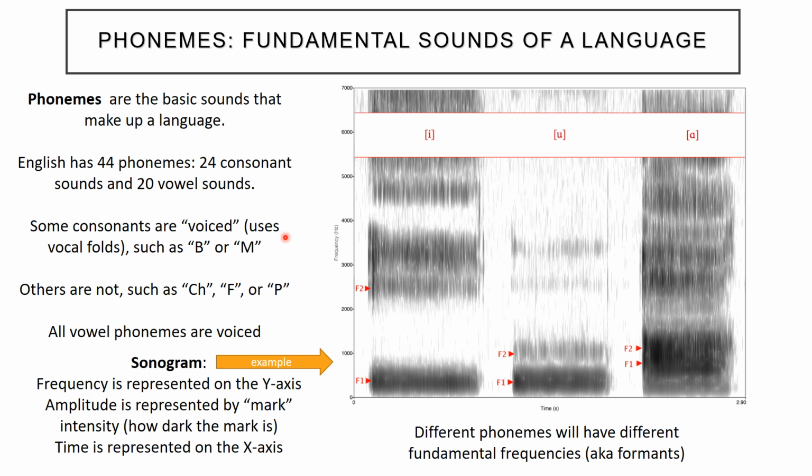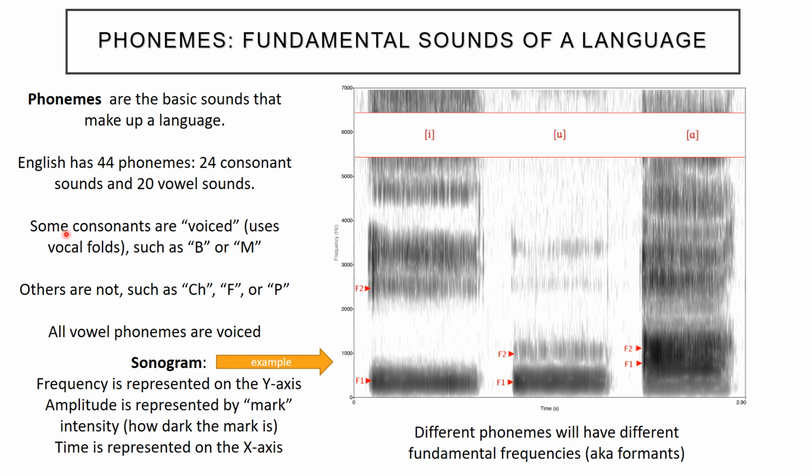Speech is made up of fundamental basic sounds, and we refer to those units of sound as phonemes. So every single language will have a suite of phonemes. There are many phonemes that are shared between languages, and then there are other phonemes that are unique to those languages. English has 44 phonemes. We have 24 consonant sounds and 20 vowel sounds. Even though we only have 5 vowels, there are many ways of pronouncing those vowels in slightly different formations.